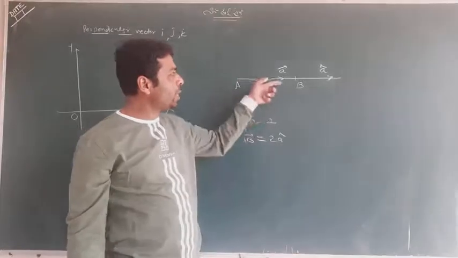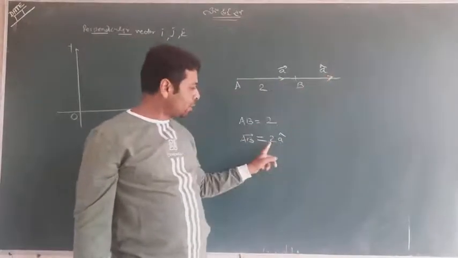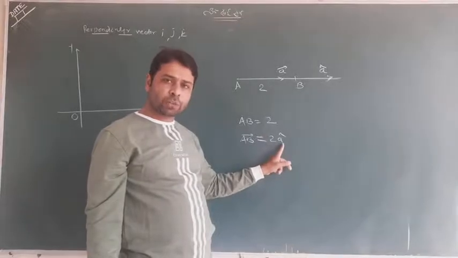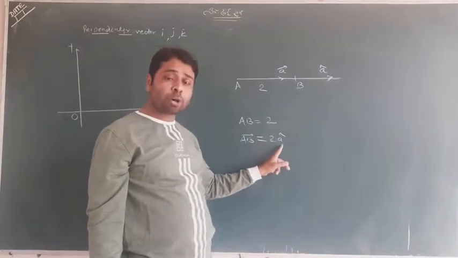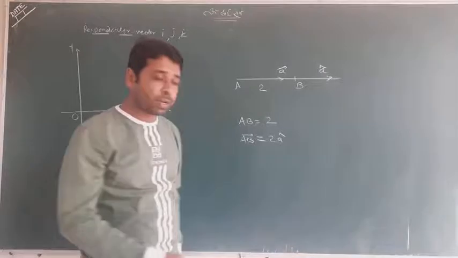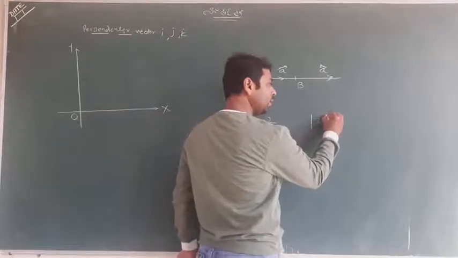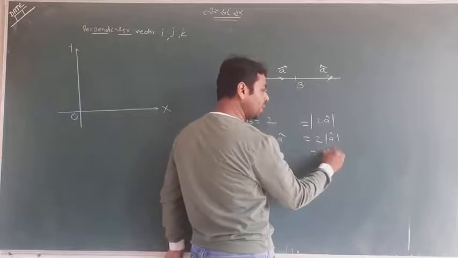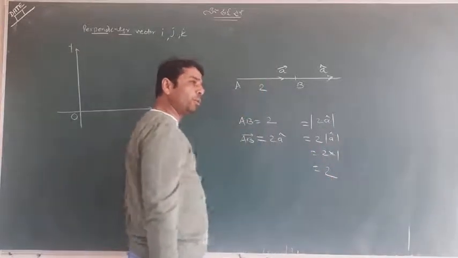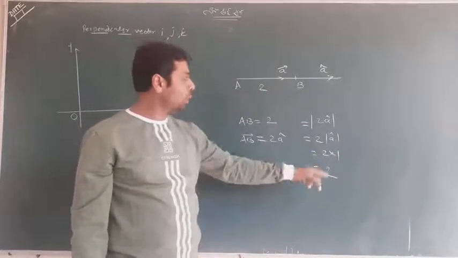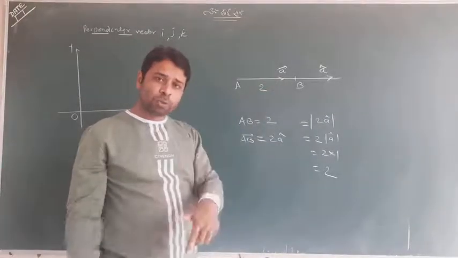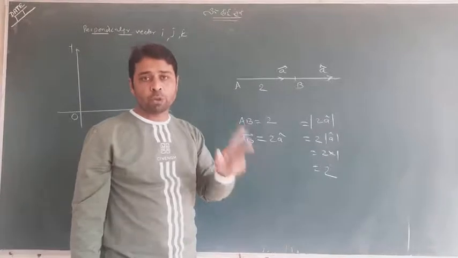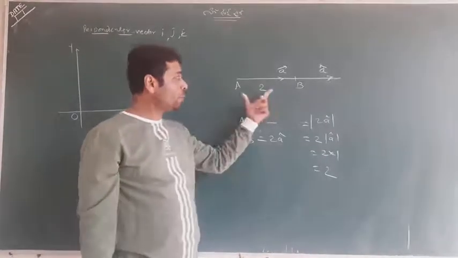So this is a cap. And I would say this is a new vector whose direction is in the direction of a and whose mod is 2 times the mod of a cap. Can you catch? Its mod is 2, because I taught you yesterday that the mod of a cap is 1 since it is a unit vector. So you got the answer 2. Let me say it again: distance is 2, but vector is 2a cap. Keep remembering, distance is 2, but vector is 2a cap.